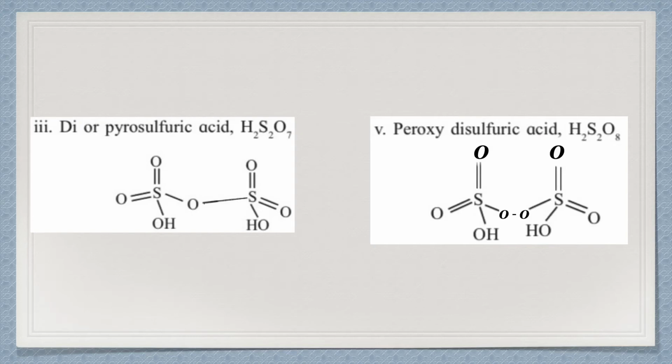So what I am going to do, in between I am going to make a single bond O, single bond O, and attach to each of the sulfur. So this is how you can draw the structure. Now you can also remember this structure as, once you know how to draw H2S2O7, only one oxygen is extra. That oxygen can be written in between the 2 sulfur. So this thing is clear, hopefully.